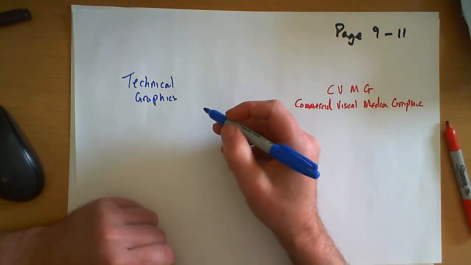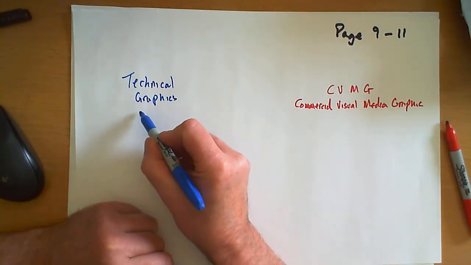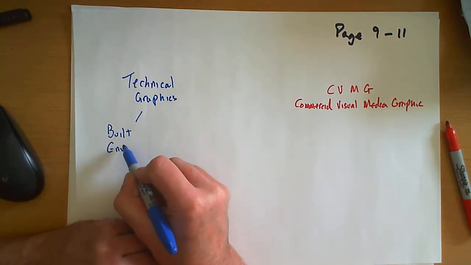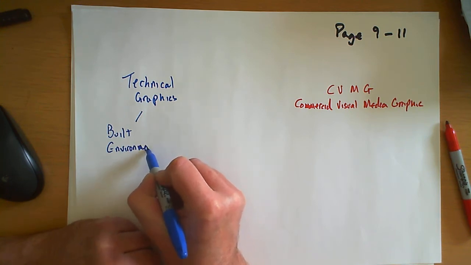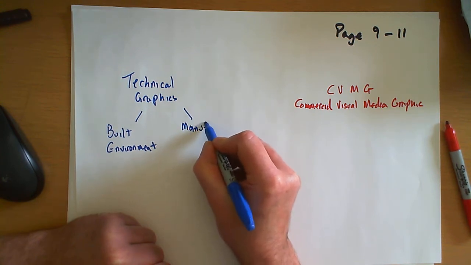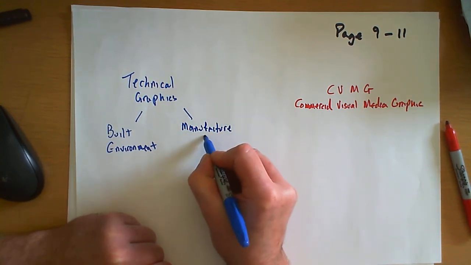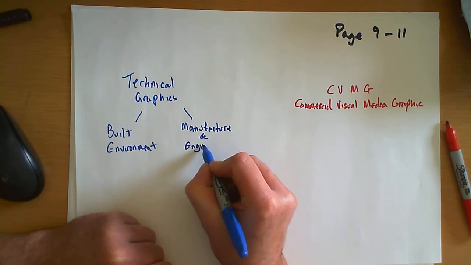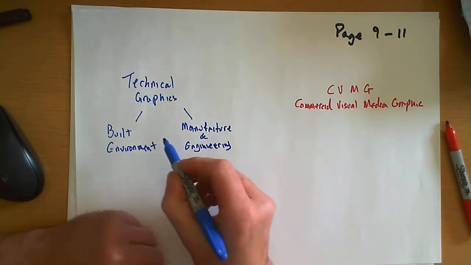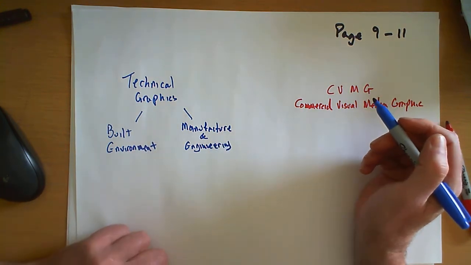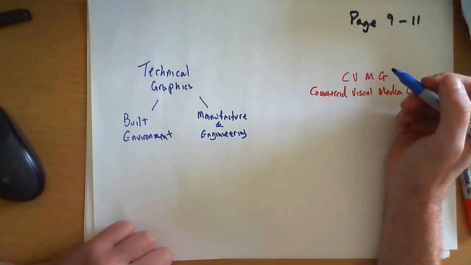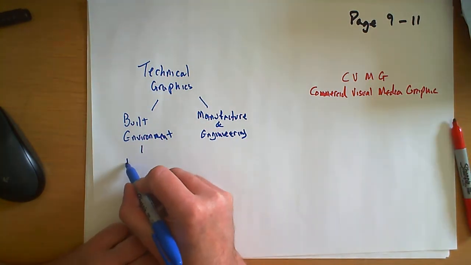Now, when we're looking at technical graphics, we've got two strands that come from that. We've got one which is called the built environment, and we've got one called manufacture and engineering. Both of these also have strands which come off of them. If we start with the built environment, that's the simplest out of all of them. And in here we're looking at things called